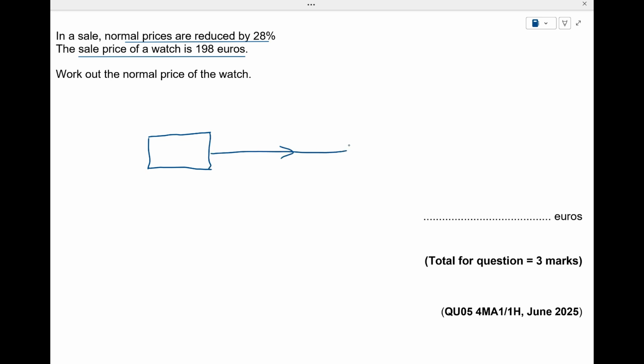So I'm going to imagine that we're in the shop. We've got the normal price. We don't know what that is. But when we reduce that by 28%, the new price is 198. Now, what would we multiply by if we were reducing by 28%? Multiply by what's left. If you reduce by 28%, then 72% is left. So we would multiply the original price by